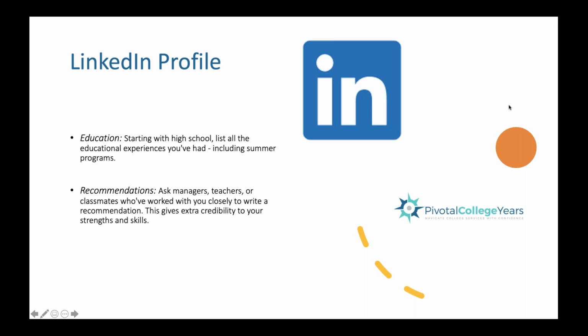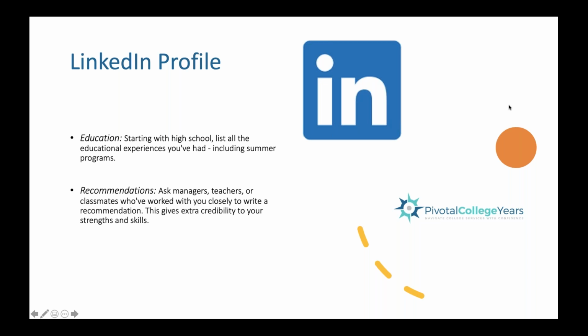Education, you're definitely going to add education. At this point, you're just listing your high school. Middle school and elementary school just aren't as important to people. So you're going to list the school name, the city, the state. If you've gone to summer programs at different schools, for instance, I've worked with students in the New England area that took summer art programs through RISD, Rhode Island School of Design. You would want to list those types of things.